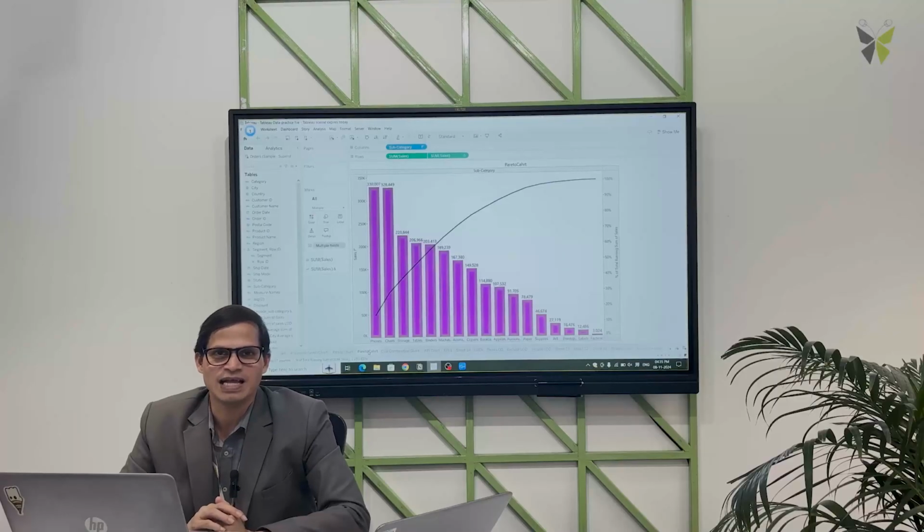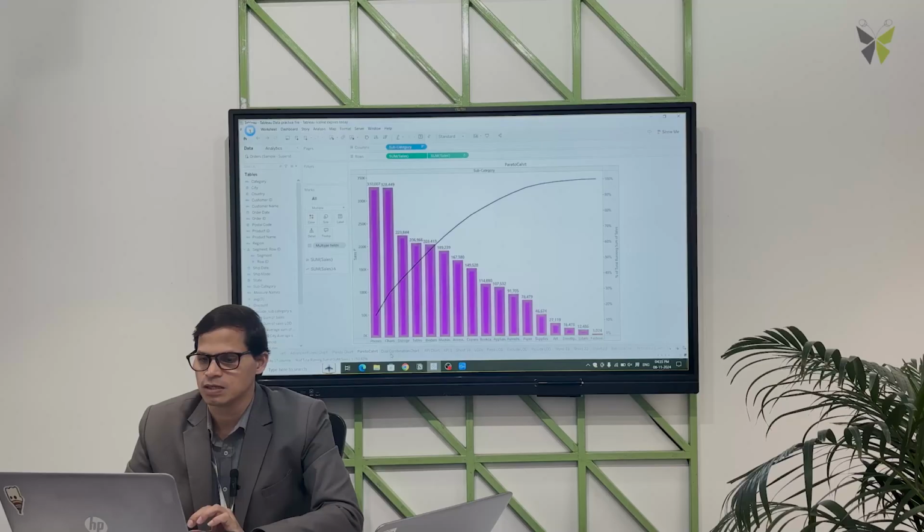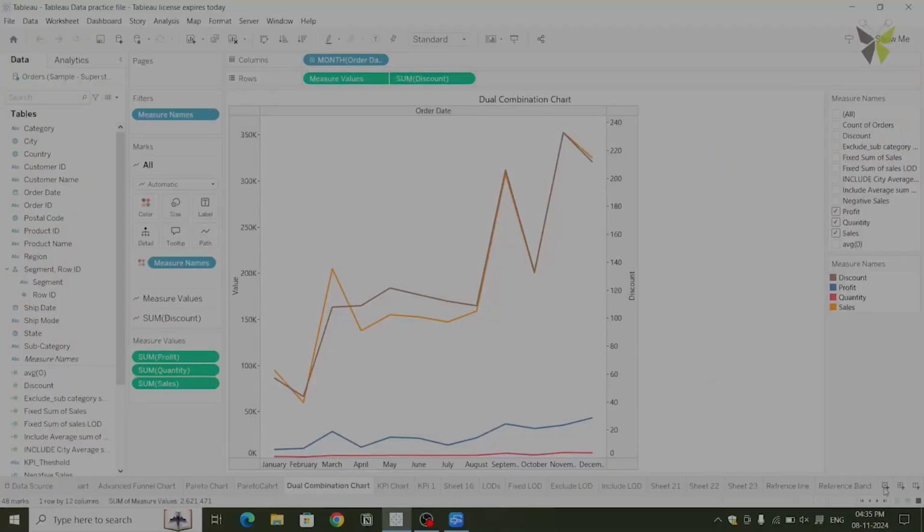Welcome everyone. As discussed in the previous section, we are going to discuss the Pareto chart and the dual combination chart. Let us understand how to create the dual combination chart. For that purpose, let us go to the sheet